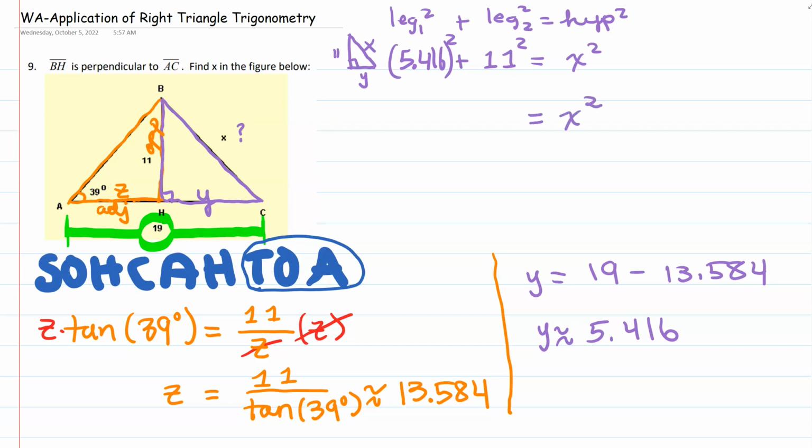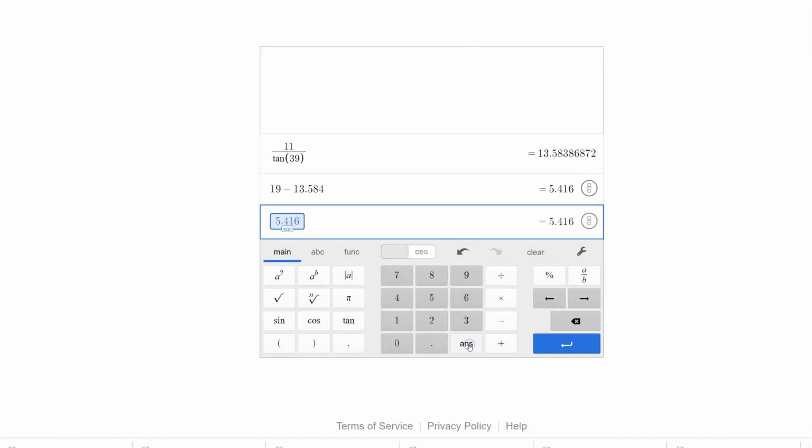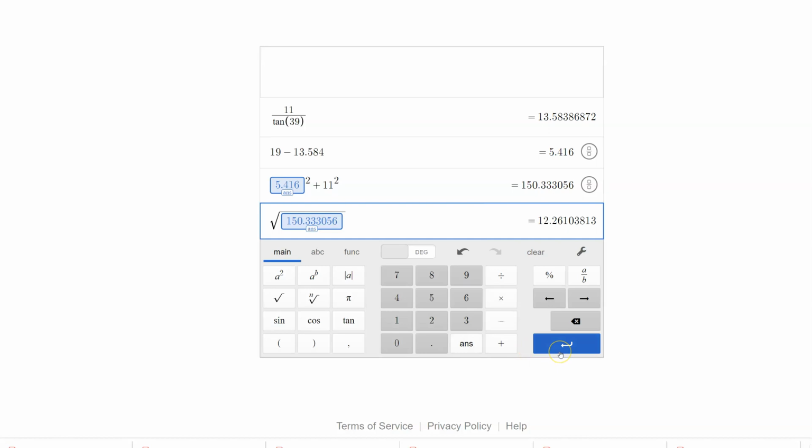So X squared is equal to, let's go back to my calculator, answer squared plus 11 squared is 150.33, and then I would take the square root of my answer, and I will have